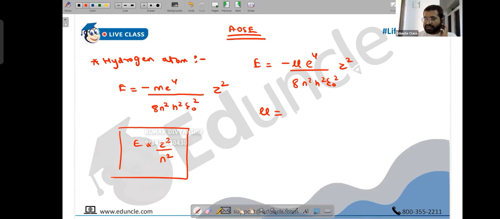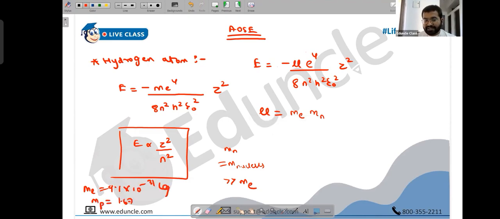Obviously, only in the case of an electron and the nucleus, where you have a proton, you can say that it approximately becomes equal to the electron mass. Suppose n is the nucleus, and m is the mass of the nucleus, which is very large compared to the mass of the electron. Electronic mass is of the order 10 raised to minus 31, 9.1 into 10 raised to minus 31 kg. But protonic mass and neutronic mass are all 1.67 into 10 raised to minus 27 kg. They're 10 raised to 4 times greater, people. So obviously the nucleus mass is much heavier than the electron mass. So when you write mu, which is m e m n upon m e plus m n.